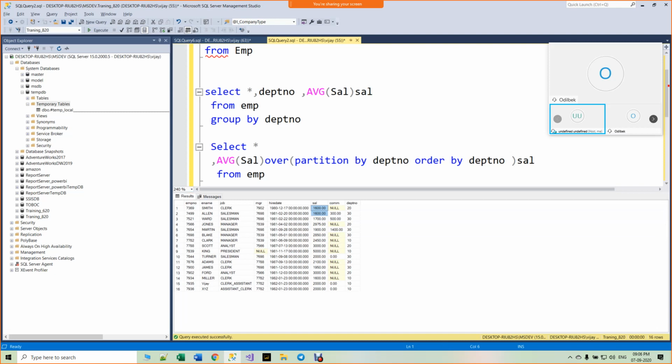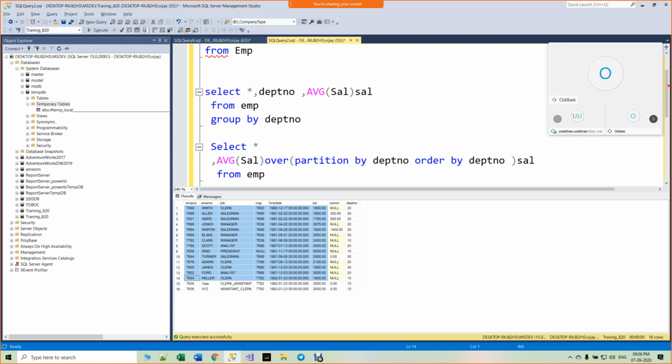How do you find the duplicate salaries? Here 1600 is there twice, thrice. I need to find the duplicate salaries and delete them from the table. Out of these three 1600s, I would like to keep only one 1600 in the table.